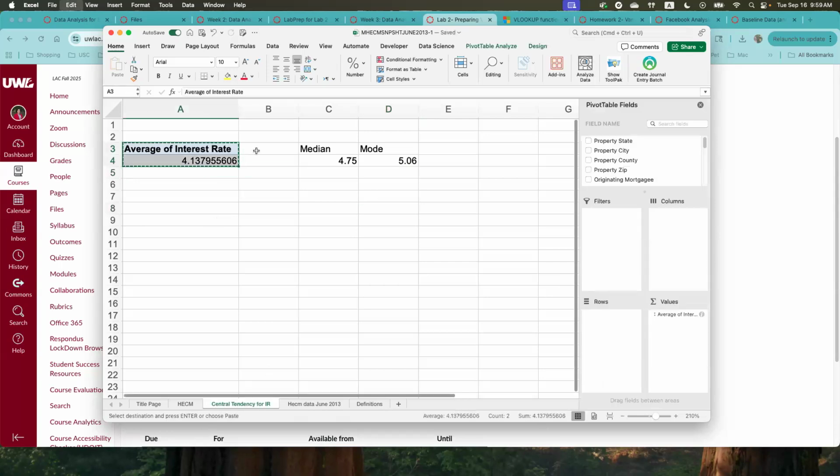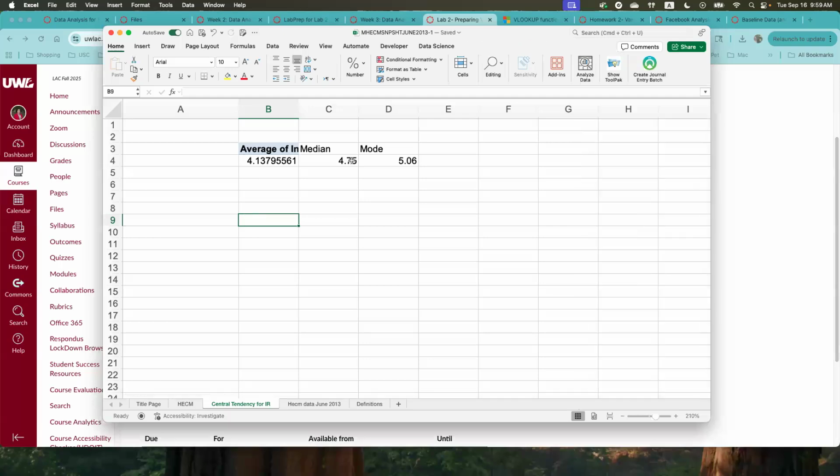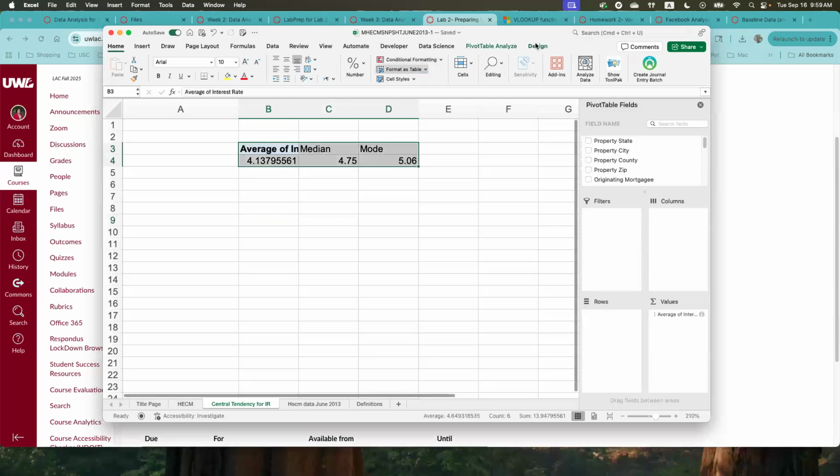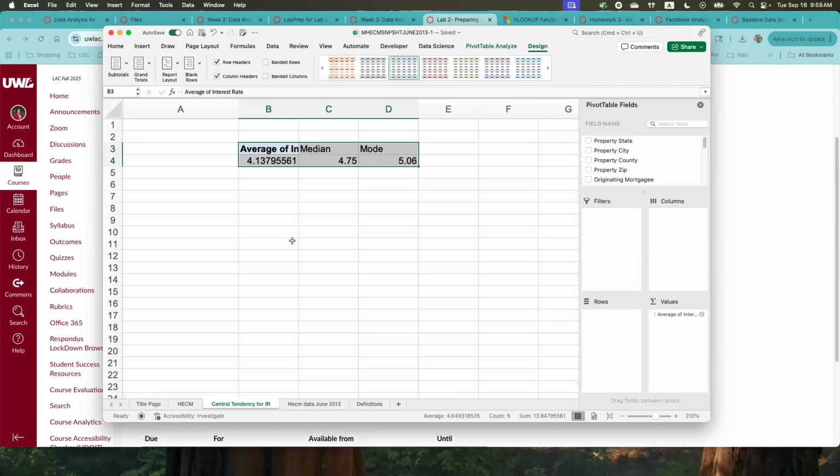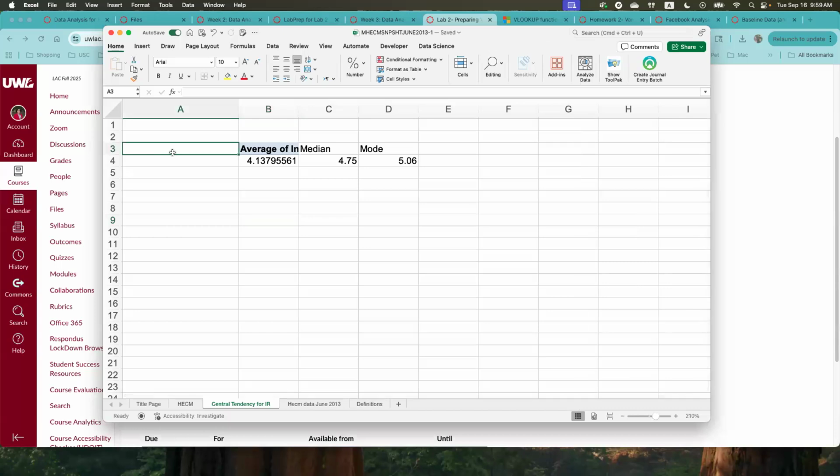We have this table over here that we can change the design of if you want, or keep it as it is. But the next part of the assignment is asking us to create the interest rates by weekdays inside this pivot table. So what we are going to do is